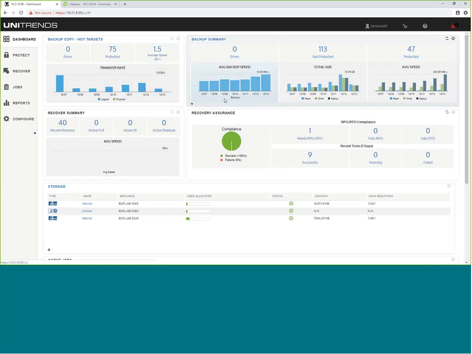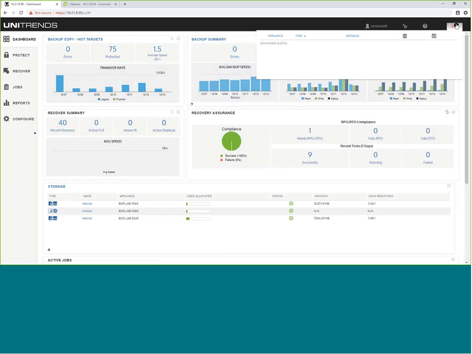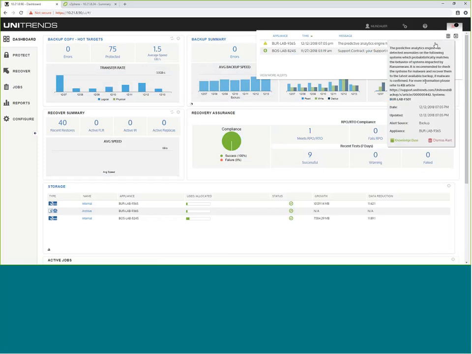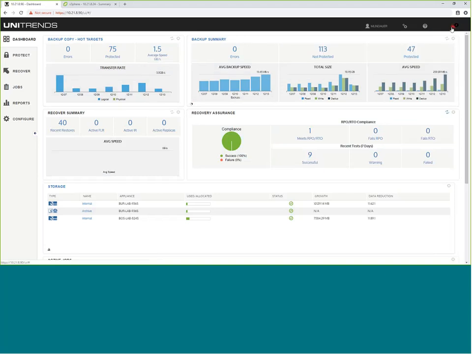On the top right, you'd see any alerts, if ransomware was detected on a specific machine, at what time, if a connection was dropped, if you need to update your support contract. And if at any point with the Unitrends solution you have questions about how things are working, you can always just open a support tunnel and then reach out to our 100% 24/7, 365 US-based support team down in South Carolina. They can VPN right into your appliance, check logs, troubleshoot, get you back up and running.